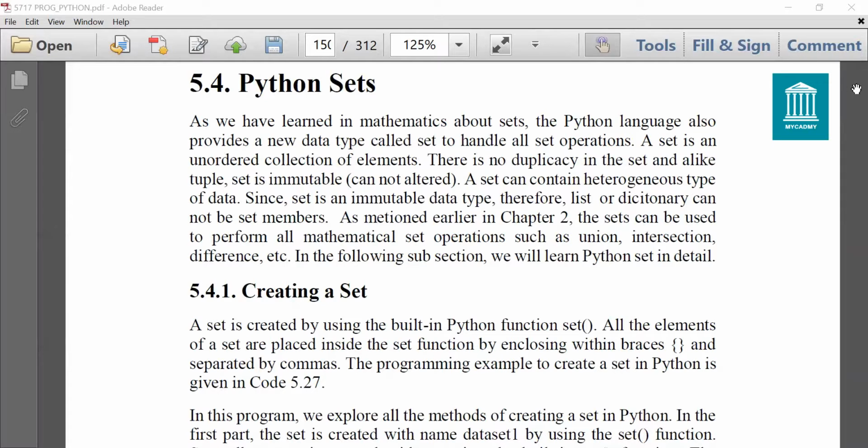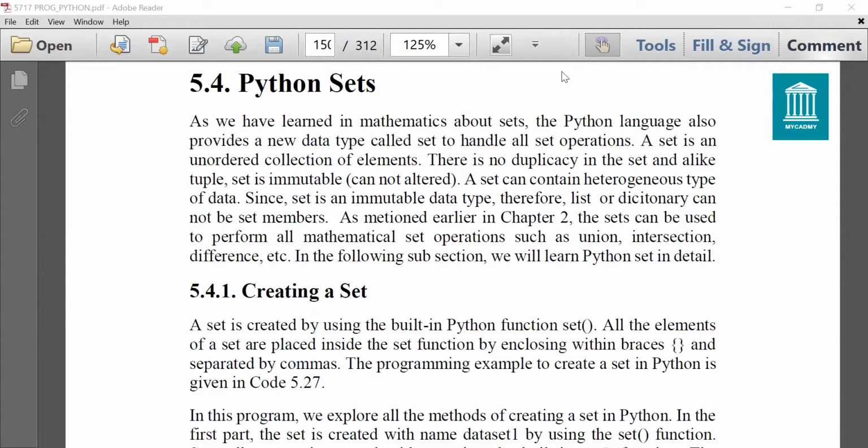Today we'll start a new data type known as Python sets. These sets are similar to sets that we study in mathematics. In earlier languages like C, C++, Java, we don't have provision to process sets as such that we use in mathematics. But in Python, we are privileged that we can process sets very easily with simple methods and functions, and we declare them in a very simple manner. So they are very easy to use in Python.